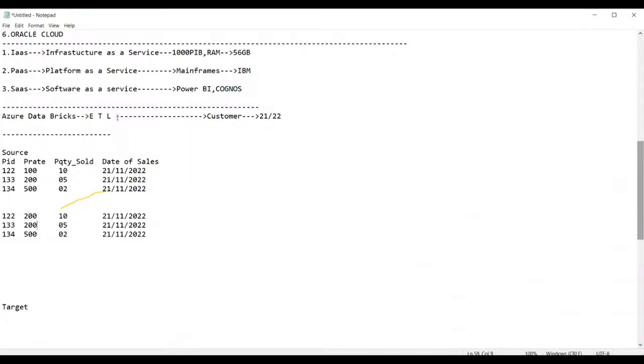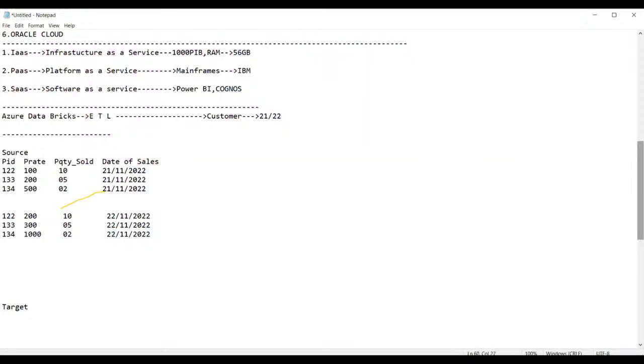Rate is 200, and here I'll make the rate as 300, and here I'll make the rate as 1000. That's it. Product quantity sold as it is, but I'm changing the rate here. What's the rate? 22, 22, and now, guys, 22, 22.